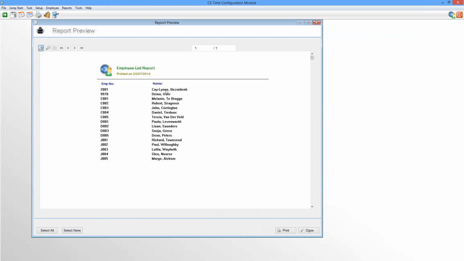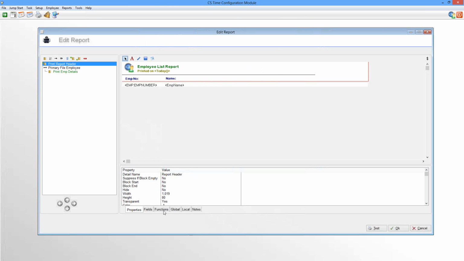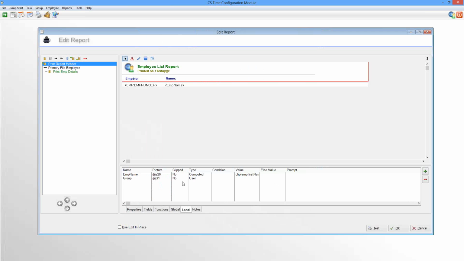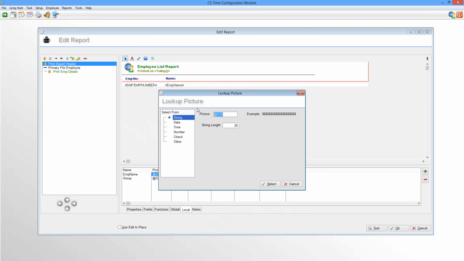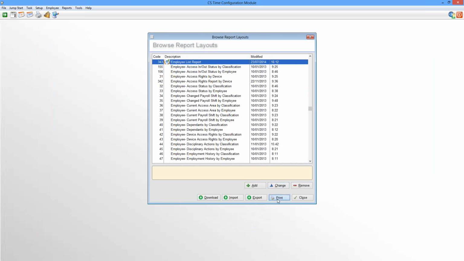You'll see immediately now it's put the two together, but you'll see that the surnames of certain employees are actually being cut off. That's because I've only set it to S20, so there is a string value of 20 there, so I need to go and enlarge that. Now if you're not quite sure who might have the longest surname, you can set this to 40 if you want to, or whatever that may be. Just remember that whatever field you are printing after that will only print at the end of those 30 characters then. Okay, so let's click on OK, and one last print just to see what that looks like,